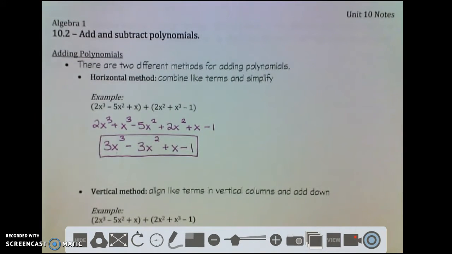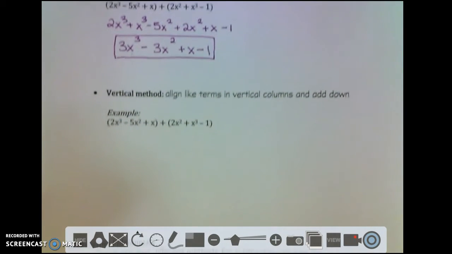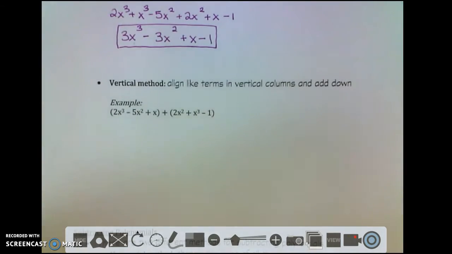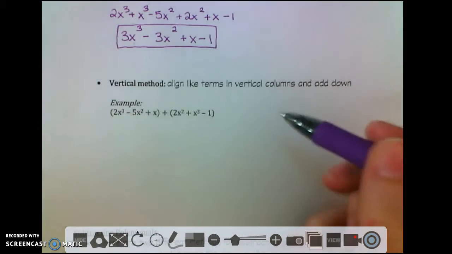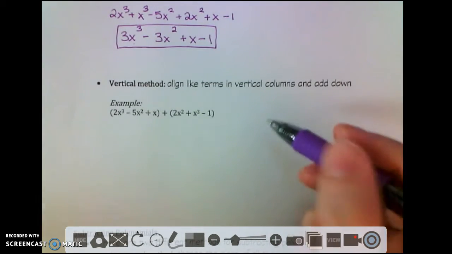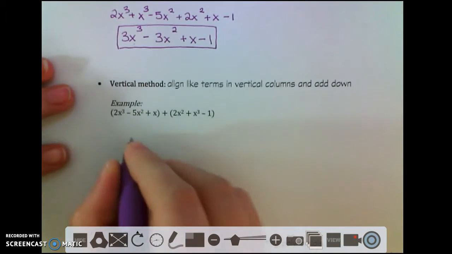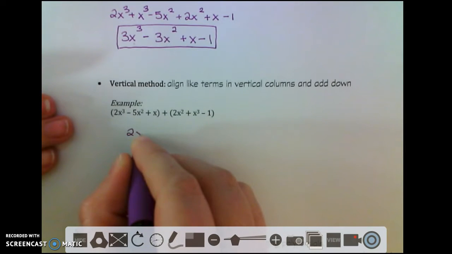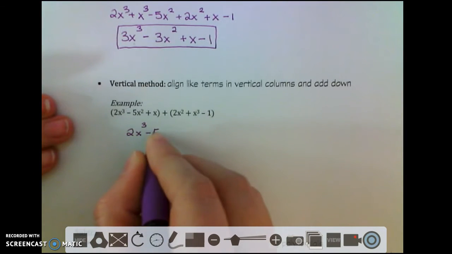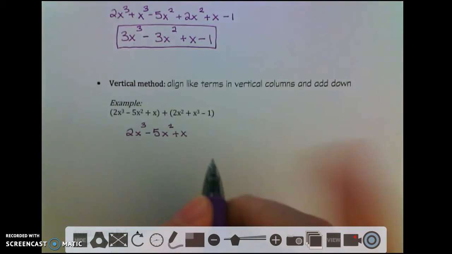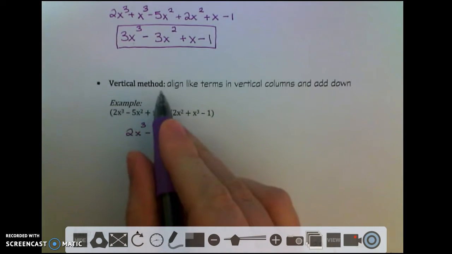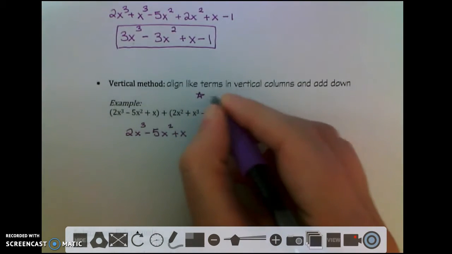In the vertical method, we are going to align the terms that are common, so the common variable types, the like terms, in vertical columns and then add down the columns. So what I'll do is I'll write my first one right here. So 2x cubed minus 5x squared plus x. Now, one important thing to remember with the vertical method is that you must